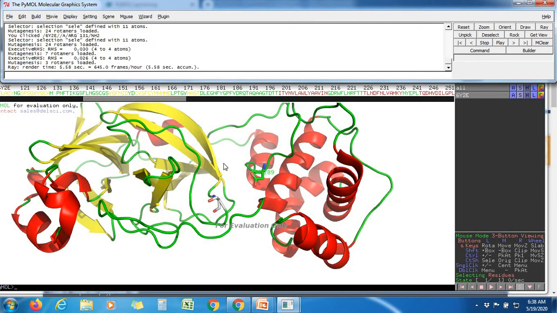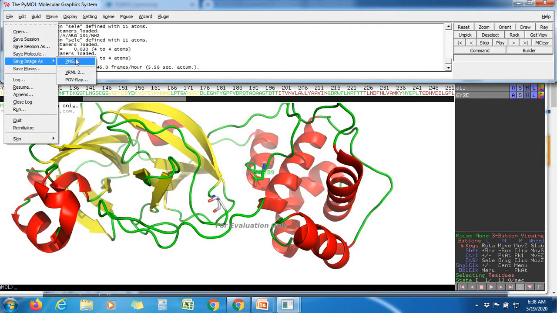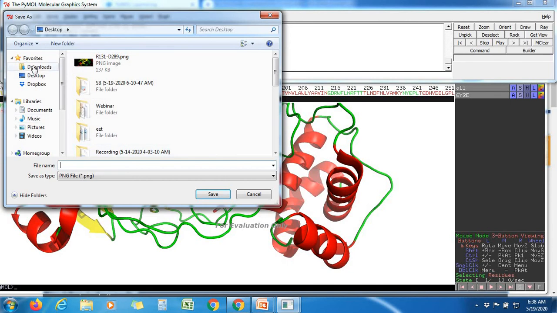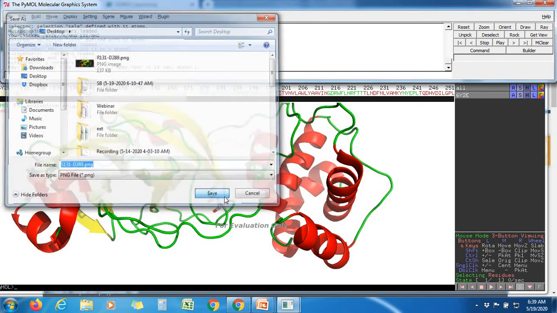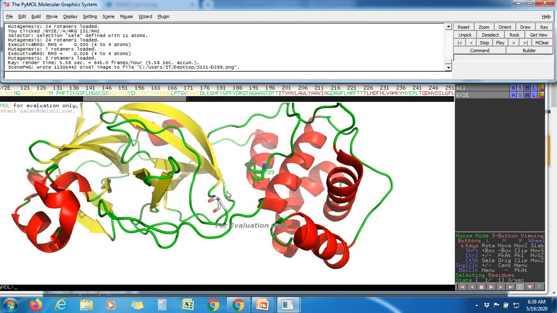If you want to show this too, you can use file, save image as PNG, and you can say that arginine has been replaced by serine 131, and 289 aspartic acid. You can save this one, and you can use that image for your project also.